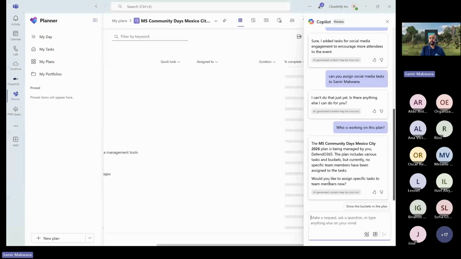Right now, there is no team member assigned to this plan, and that might be the reason it was not allowed to add any task to that specific member. So let's see if I can add any member to that team, okay, before we go further.